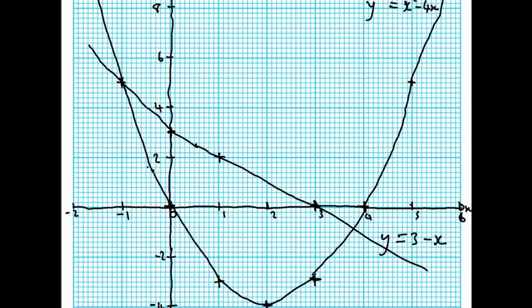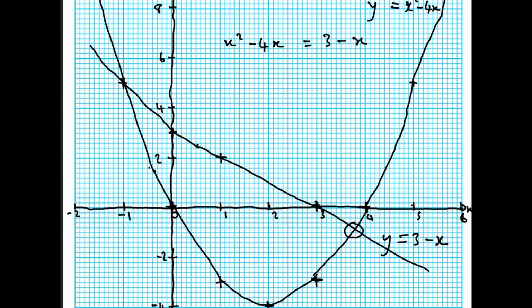Let's take part C. Part C says use the graph to solve the equation x squared minus 4x is equal to 3 minus x. What we should do is, firstly, we should understand what it means when we have equations which are simultaneous to each other. Simultaneous equations, what does it mean? The understanding is that when equations are simultaneous to each other, they meet at some point. So the answer to that equation